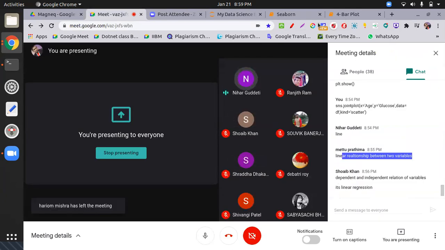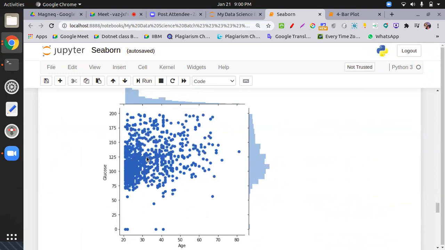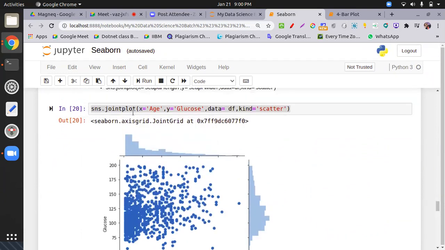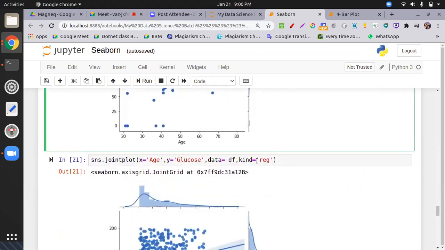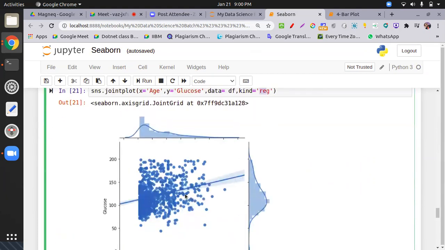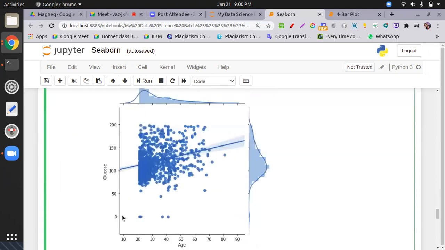Can you draw a similar line in a scatter plot? Can we draw the same line in a scatter plot? We have lmplot for this. If you remember, you know lmplot. This function is not provided using a scatter. This function is only available in regression, because we have points and we have to fit the best fit line. So the regression line can be drawn using a regplot.